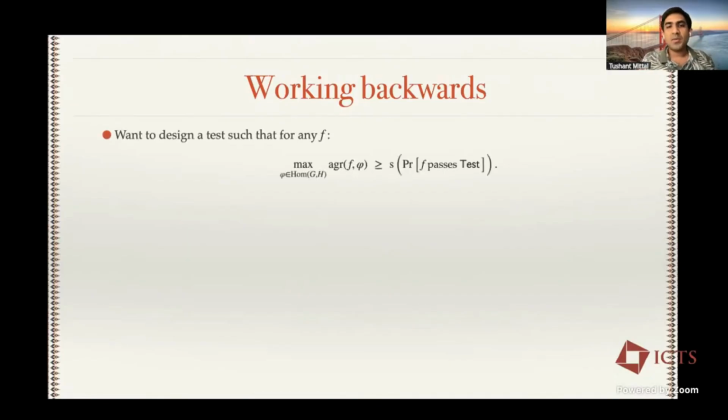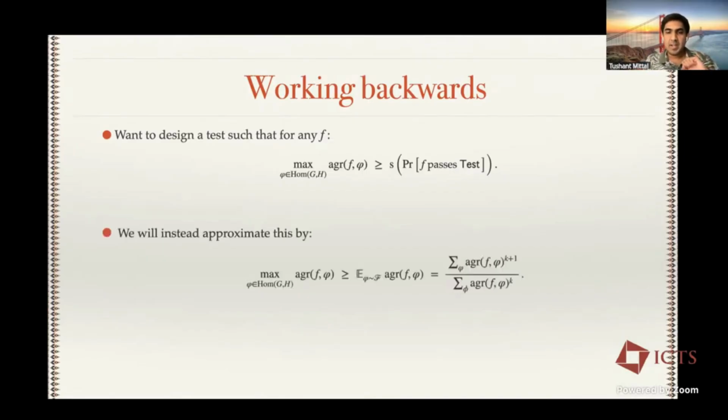So what is my goal? My goal is to cook up a test such that this equation holds, such that the maximum agreement with a homomorphism is lower bounded by some function of the test passing probability. That's what soundness means. But now the max is a very hard quantity to work with. So one wants to work with some sort of smoother approximation of the max. What one can do is, instead of using the max, approximate it by an expectation over some distribution over the homomorphisms. And now I can pick this distribution to be something very natural, where phi is